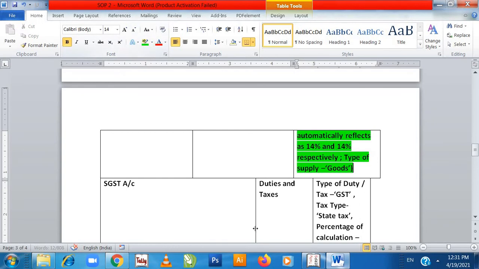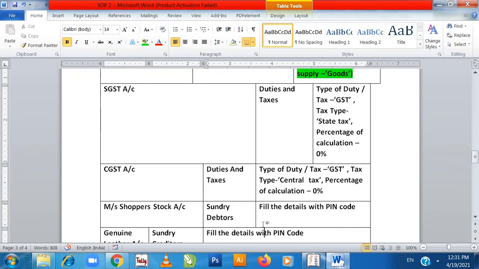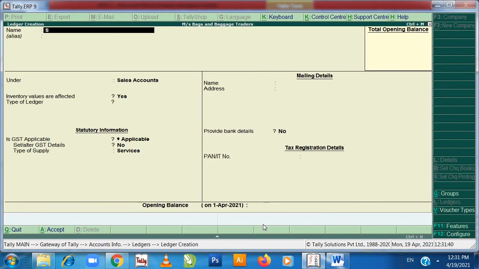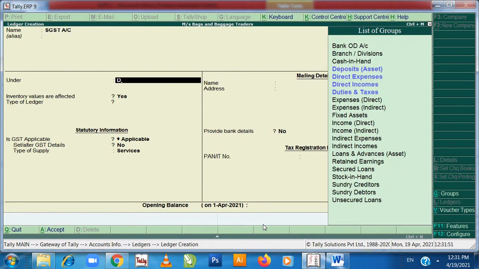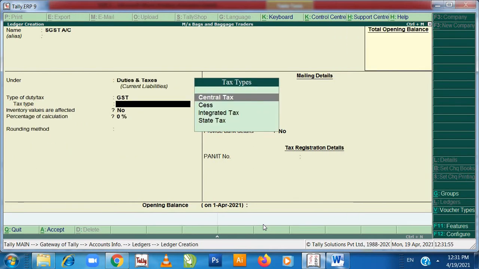Then we need to create one more ledger, of SGST and CGST. Let's see. First is SGST account. Let's enter. This will go under duties and taxes. GST.